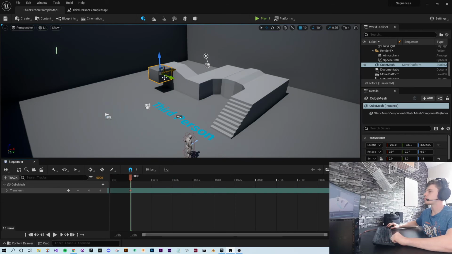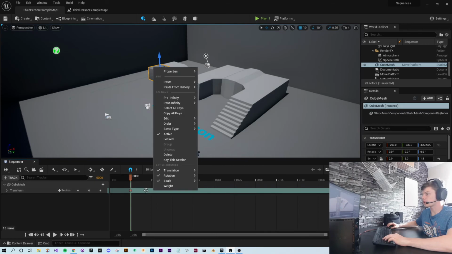So we've seen this play from 0 to 150 frames, and then it's finished, so it just resets back to 0. So the cube actually just jumps back to its original position. Now, you might not want this. I mean, you might, but in most cases, you don't want this to happen. To prevent that from happening, what you can do is, if you right-click on the actual